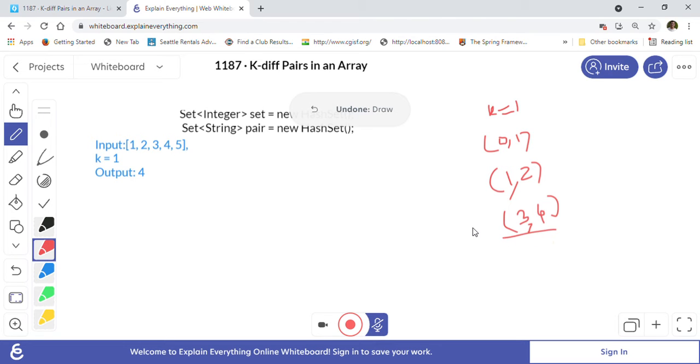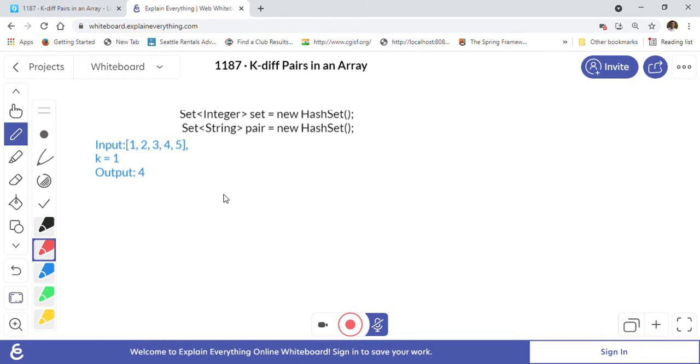So let me just take this out again. We have been given this input array and k is equal to 1. To implement this solution, we will be using two hash sets. One is to store the numbers that we have already visited, and one is a hash set of strings which will store the pairs.